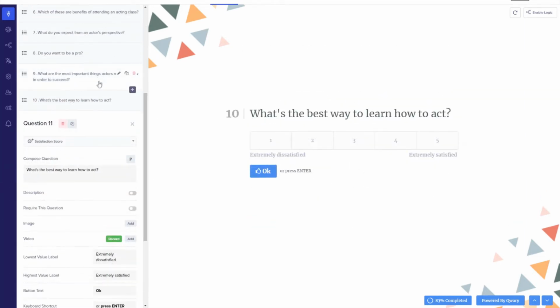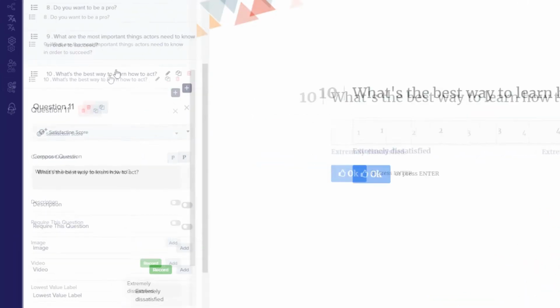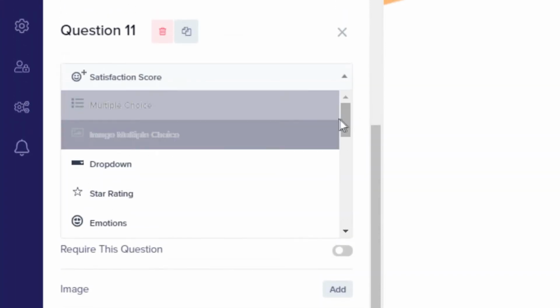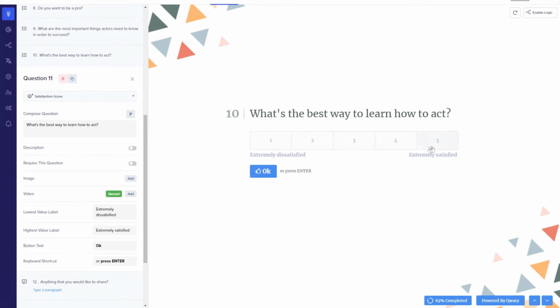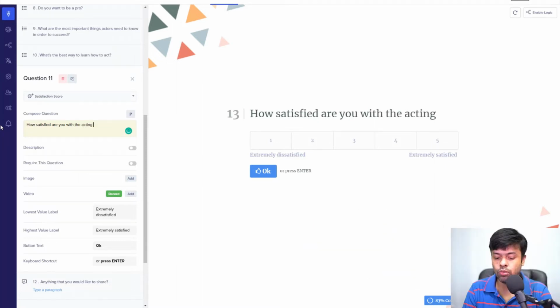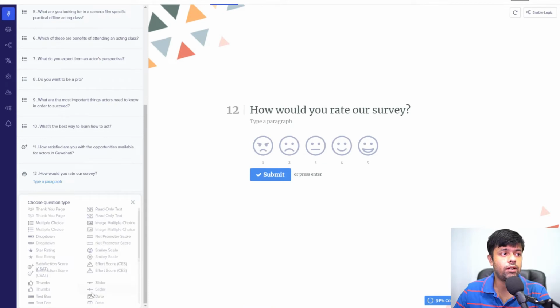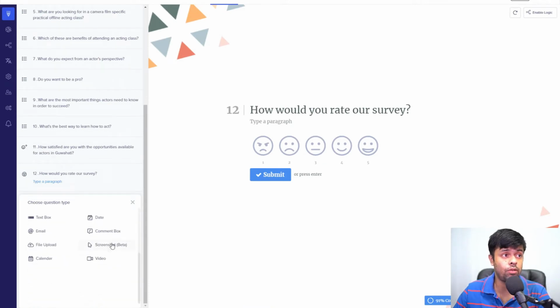Now moving on, besides the option to create questions and multiple choice answers, you can create other types of modules also, like we can see the satisfaction score. You can rate from extremely dissatisfied to extremely satisfied. So here I can type, how satisfied are you with the opportunities available for actors in Guwahati city. And the next option is like, wow, there are lots of options here. You can just go on and on, but